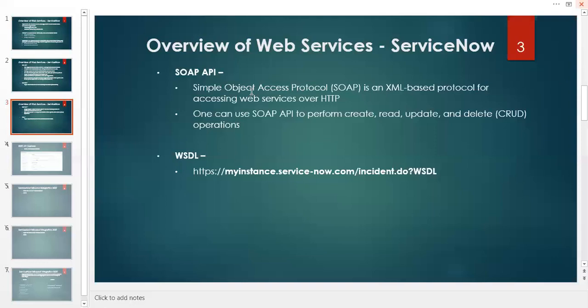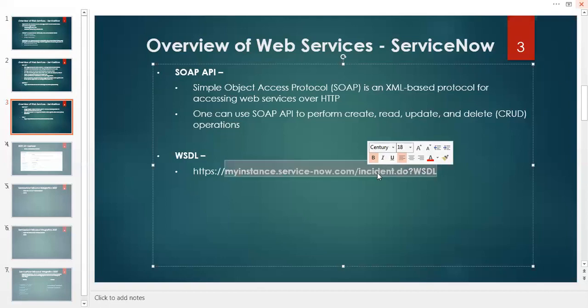If you decided to use REST, then you need to share the endpoints and authentication details. If you decided to use SOAP, then you will be sharing the WSDL and authentication details. So this is an example of how a WSDL looks. This is the WSDL of the incident direct web service. You can use the instance name, then servicenow.com/incident.do, and then at the end you just need to put WSDL.